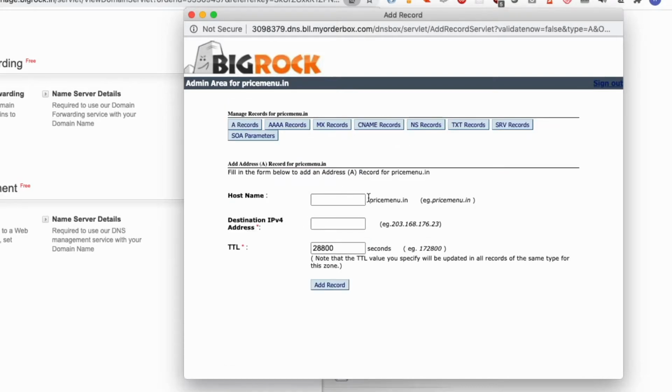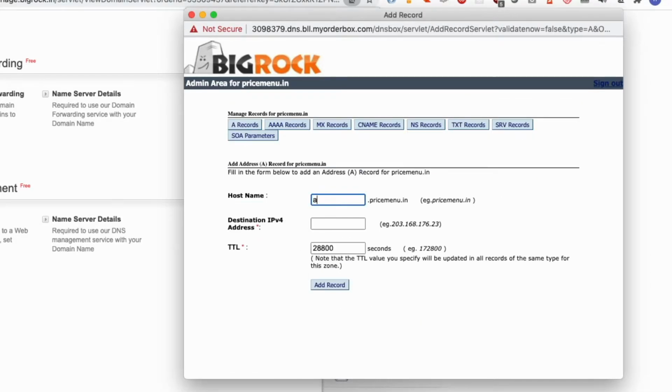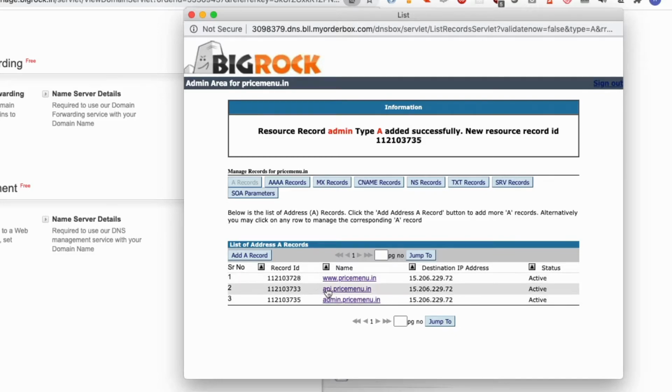I'm creating another A record for API pointing to the same IP, and then this is admin pointing to the same IP. So I can see now all my three subdomains are set up and they are pointing to my server's IP.